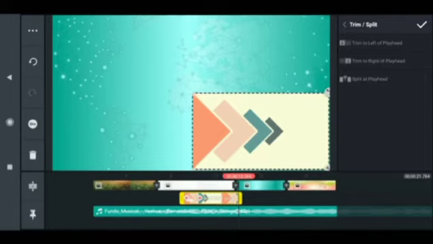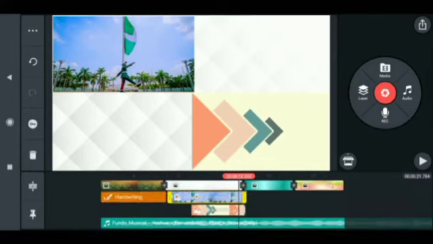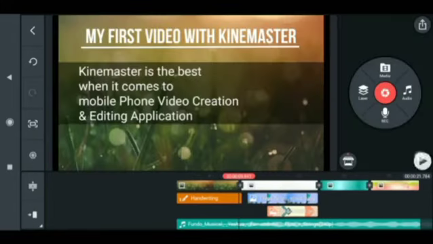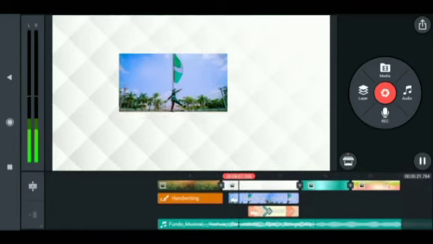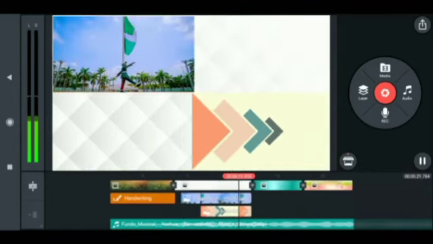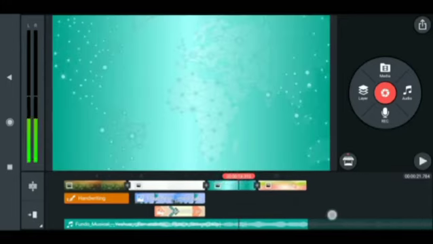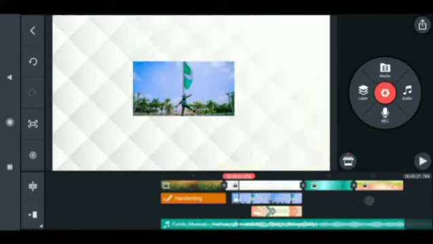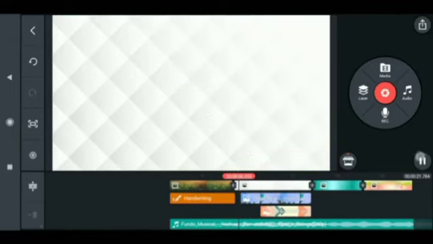So I'm going to select and then trim to the right of the playhead. So now let me check again and see. Good. So that's one of the ways to animate pictures. And then let's say after the first one,